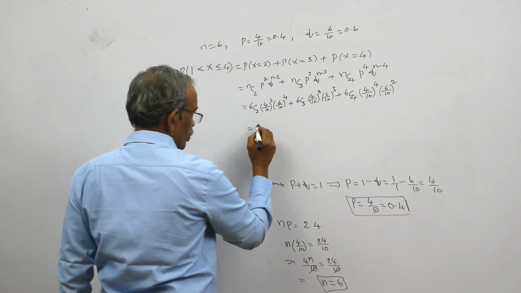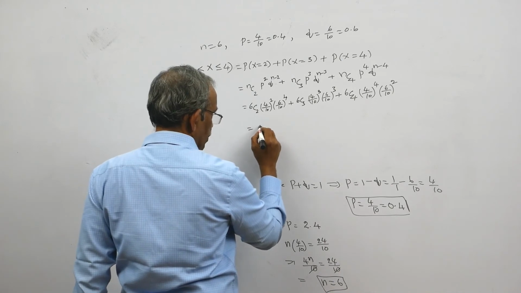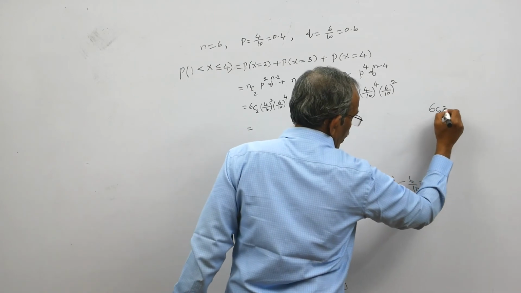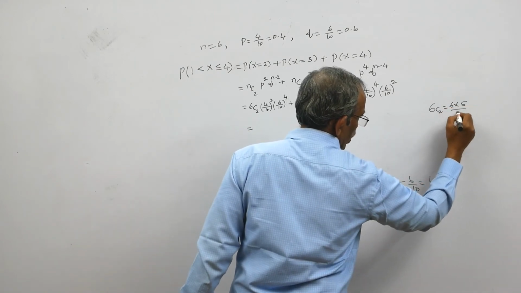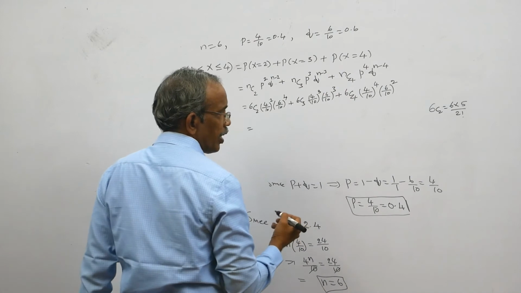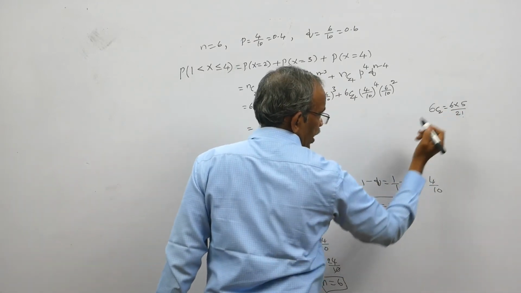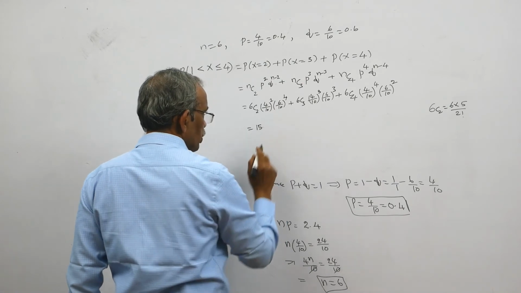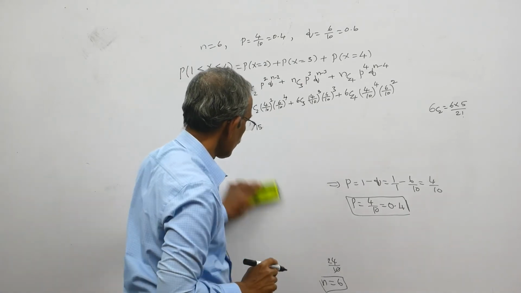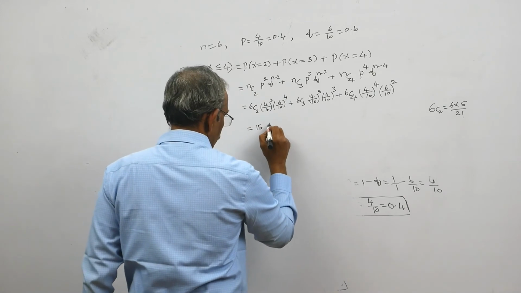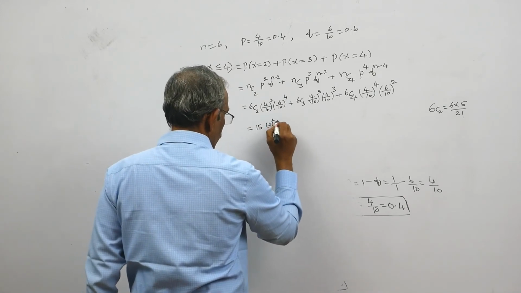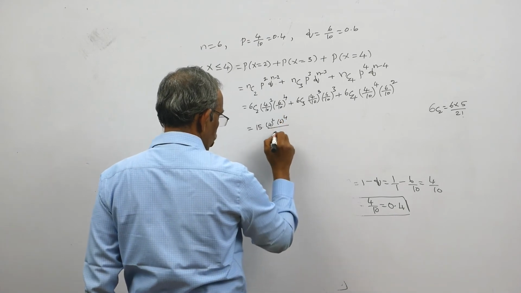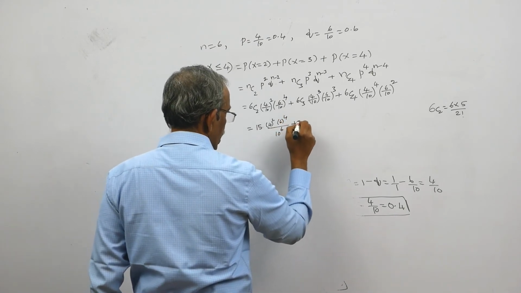6c2 is equal to 6 into 5 by 2 factorial, that is 30 by 2, which is 15, into 4 square into 6 to the power of 4 by 10 square into 10 power 4, that is 10 to the power of 6. Next,